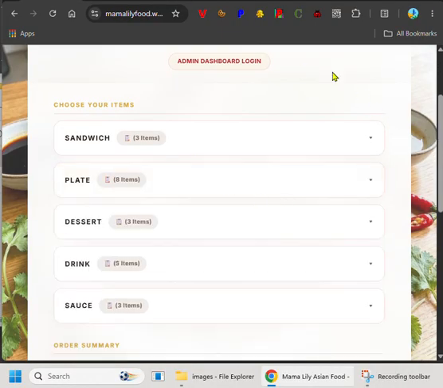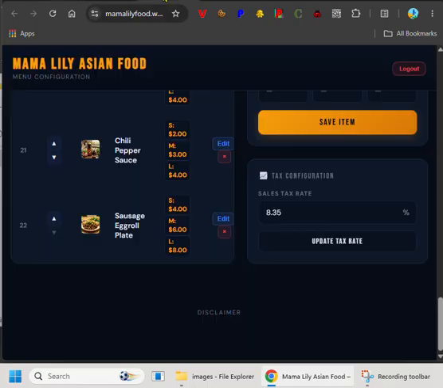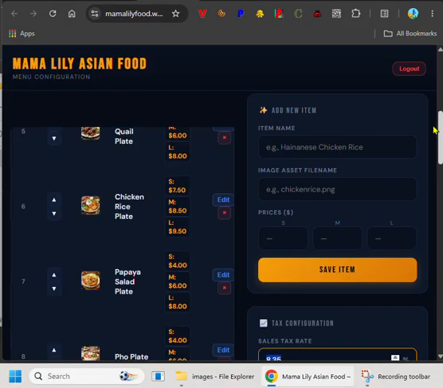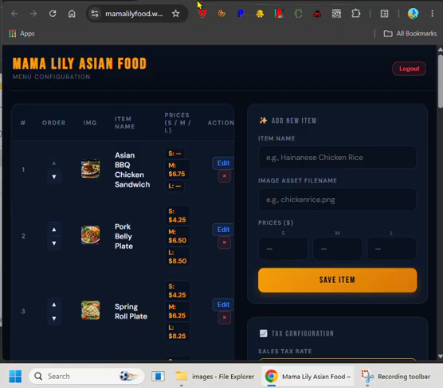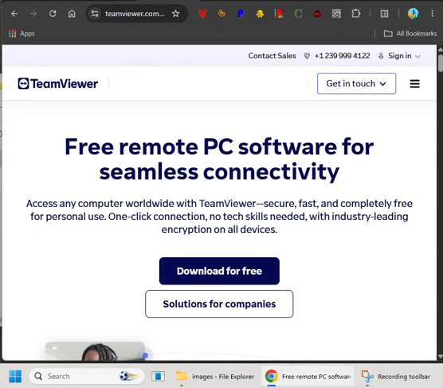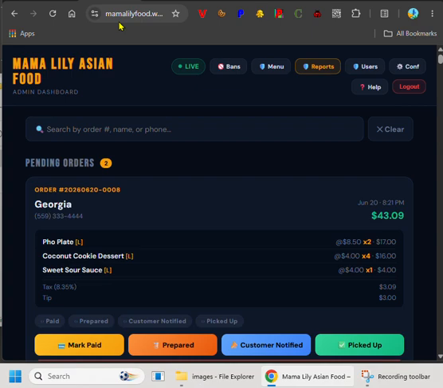All right. Now let me close out of the edit here. One last configuration inside the menu configuration: you can also change the tax here as well. Depending on where you're at, your tax will be different, and you can click update tax here. Okay, so I'm going to close out of this and go into my